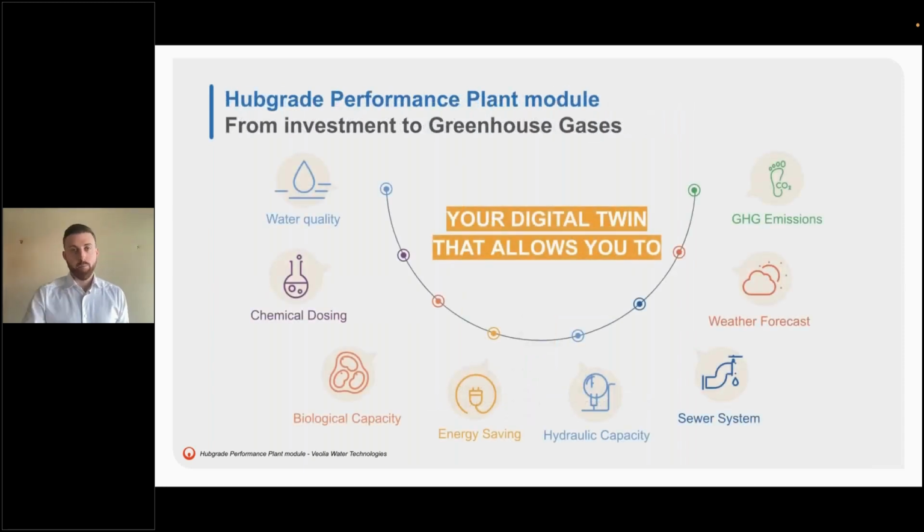Now, altogether, what does that mean? It means that the Hubgrade Performance Plant module is your digital twin that can help you to optimize your energy savings, your OPEX, your effluent quality, your hydraulic capacity. It can even be your greenhouse gas emissions. So say that you are looking to reduce your environmental footprint. Then you can choose to install a digital twin like Hubgrade Performance Plant to target this